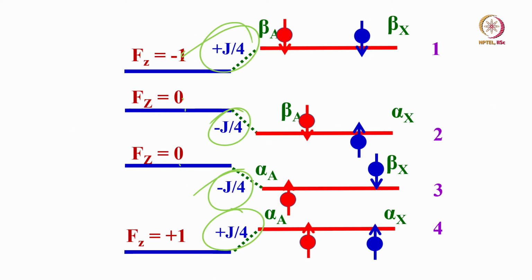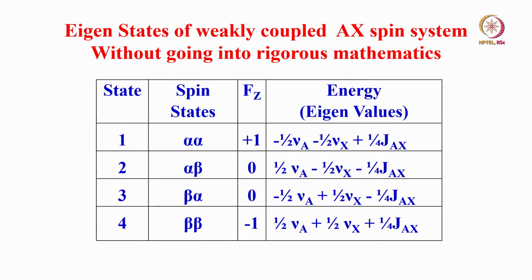Now frequencies are not identical. In the earlier case when there is no coupling, there were identical frequencies, they were overlapping, but in one case the energy level separation is larger, in the other case the energy level separation is smaller. That means the frequencies are not the same. As a consequence, what will happen if you calculate the energies of these states? For spin state alpha alpha, we have one energy. For spin states beta alpha, beta beta, alpha, you can calculate the energies like this.